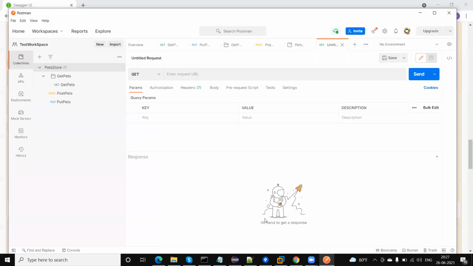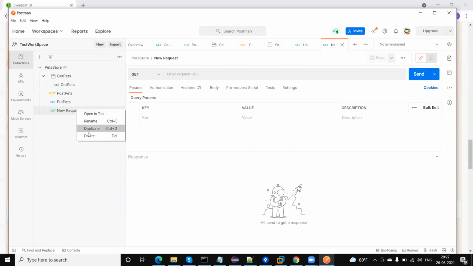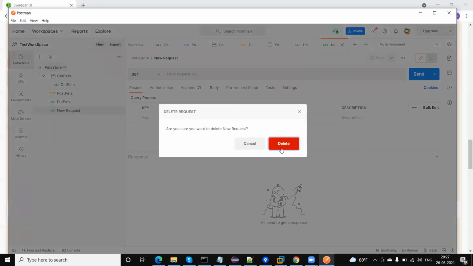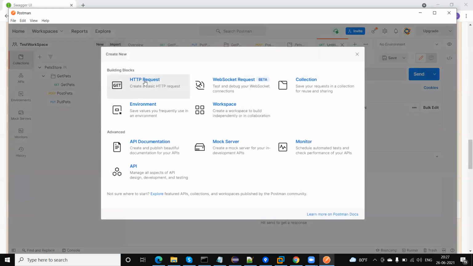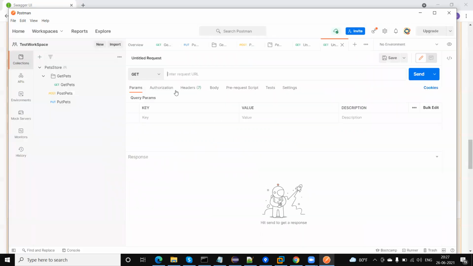But when you directly create it in the collection, that will automatically add in the collection like this. Okay, let me delete this. If you are creating a request from here, this is collection level, but from here it means you are creating not at collection level, you are creating at team level, workspace level. Okay, so that's why this will ask in which collection you want to save.